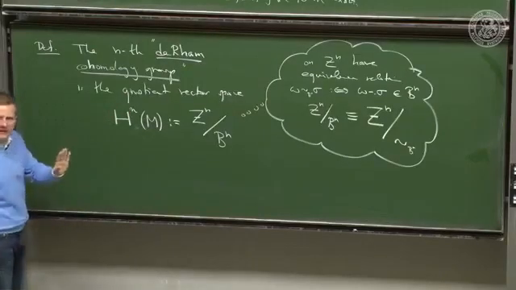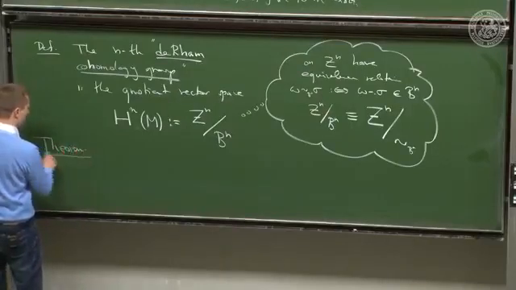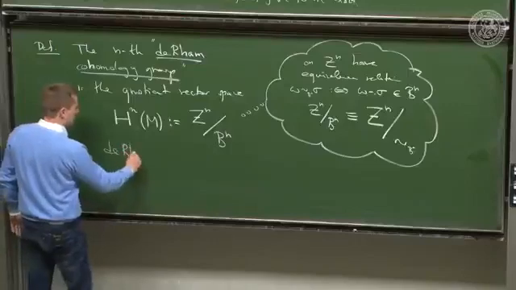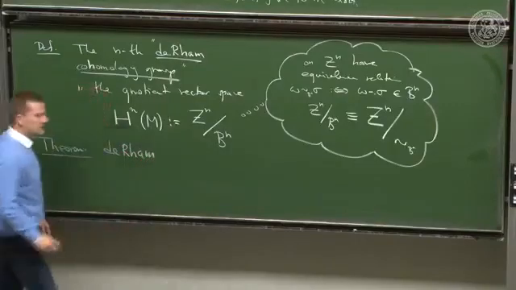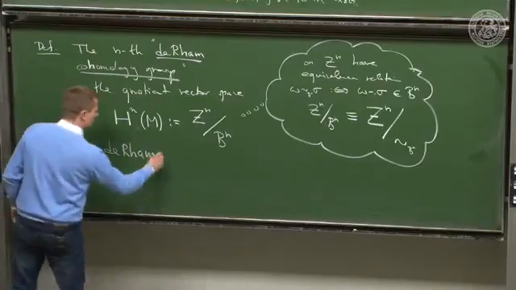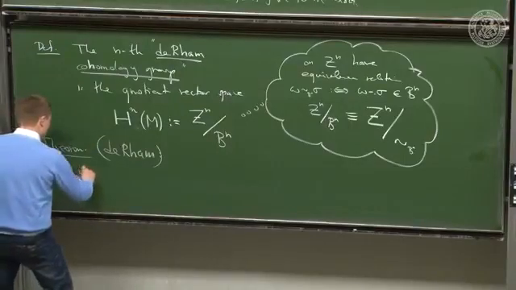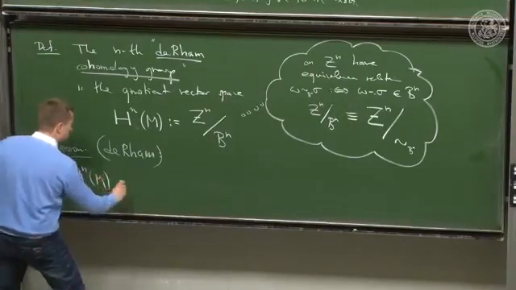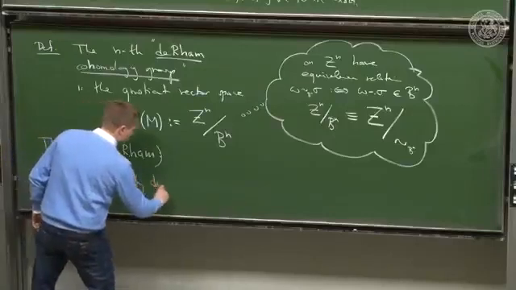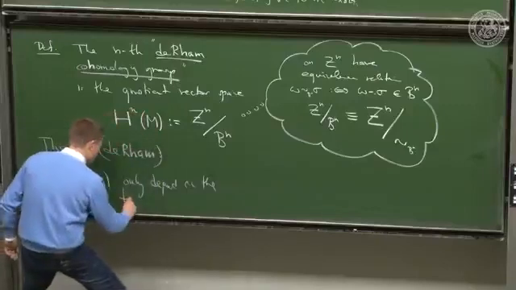Before I give you the first example of this, I quote a theorem, and that's de Rham's theorem. I don't quote it in its technical detail, but only in its conceptual implication. De Rham's theorem says that the H^n of M only depend on the topology